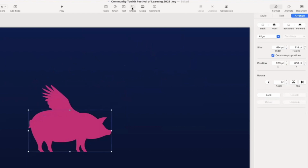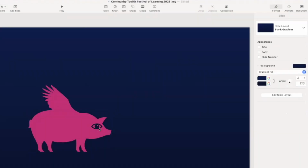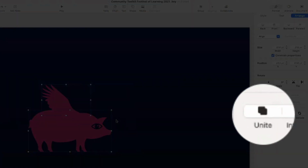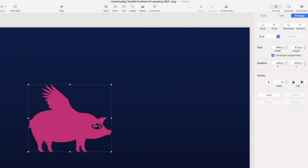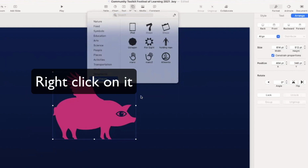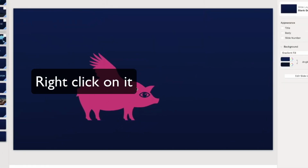Maybe we can put some eyes on it. I put it like this. I'm going to select the peak and the eye. I choose subtract. The eye is blended. Now we are going to select everything, and we are going to combine or unite our shape. And there you go. We have a peak with wings, and we are going to add this peak to our